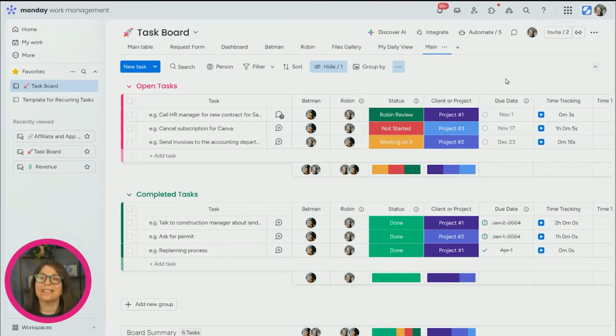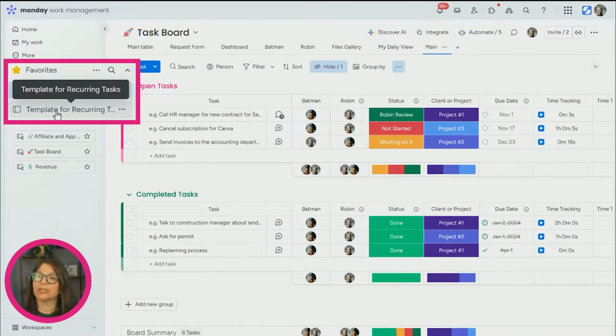In my mind, I think the task board is one of the most important boards that you can have within your company. It doesn't matter what department you're in or what role you have. But people always have tasks to do, and this is an easy way to keep track of everything within one place. If you look at the link above, I added a link to a video about how to create an ideal task board. Now, assuming you already have your ideal task board, I want to show you how this board